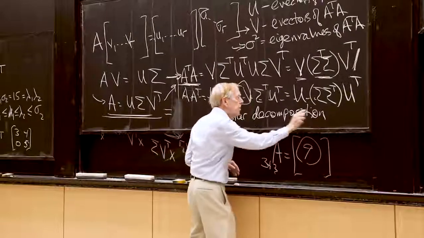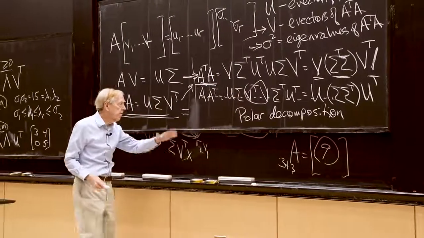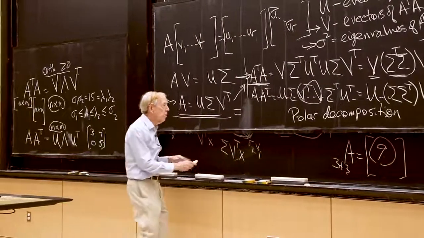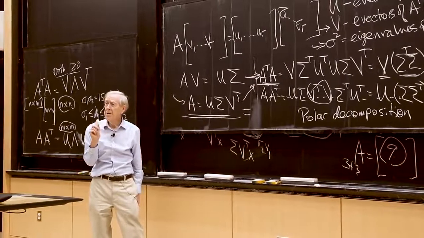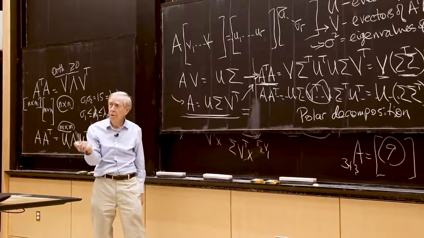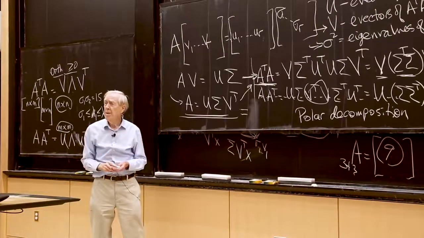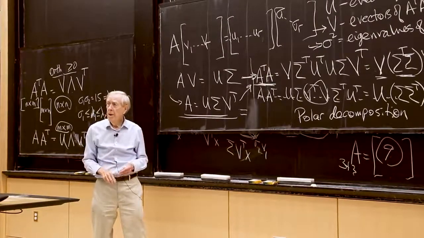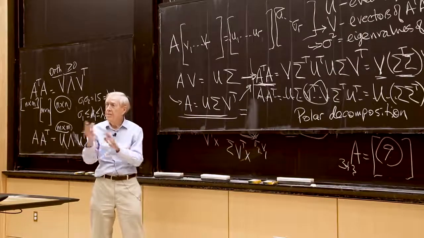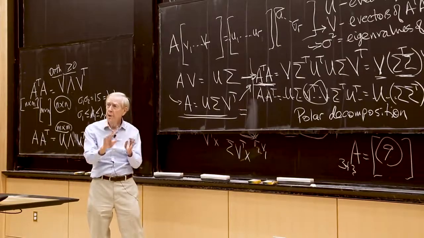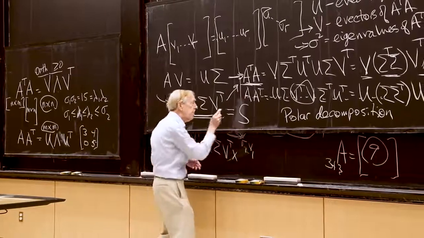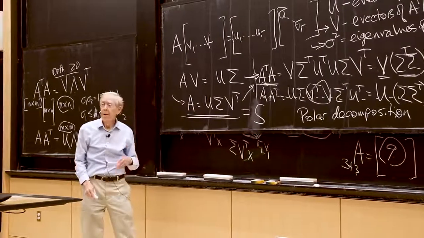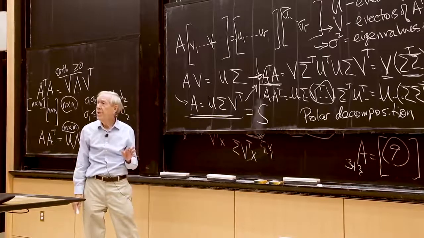And all I want you to see is that it's virtually here. So what's polar form of a complex number? It's e to the i theta times r. A real guy, so the real guy r will translate into a symmetric guy, and the e to the i theta will translate into,